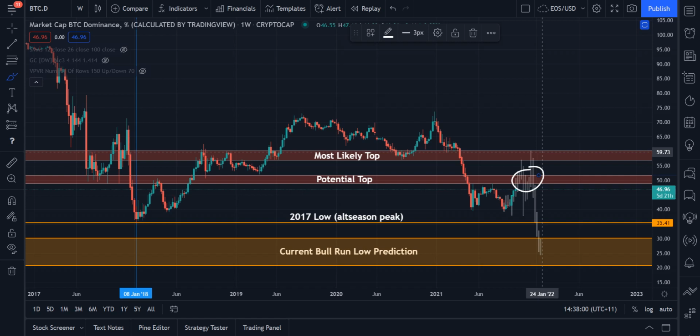It's kind of hard to get a solid answer on that. I would say it's more likely we top out higher, right, when we see that parabolic phase, and we haven't actually seen the parabolic phase, right, on Bitcoin. When we do see that, and that's probably going to happen in November, right, where we see Bitcoin literally just go up 10% per day, on a daily basis in November, that's when we're going to see the Bitcoin dominance chart start taking some massive swings to the upside, and that's when we're going to see this fractal that I've taken from this region play out.